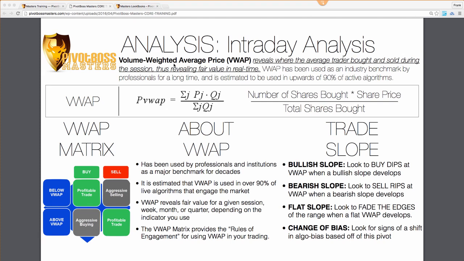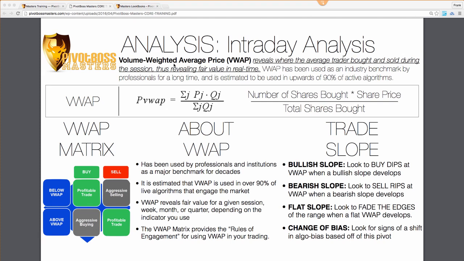But I don't think a standard deviation is necessary at times, because that's why I say fade new highs and fade new lows, because you're not really looking for a range so much as you're just looking for the stops to get run beyond the prior pivot. We'll look at some examples of that in a moment.